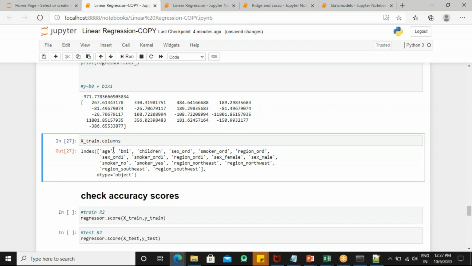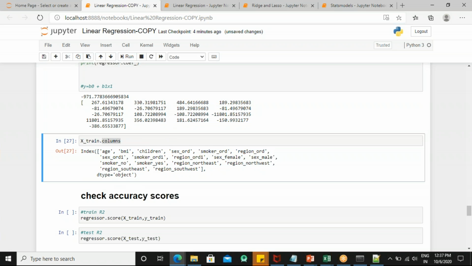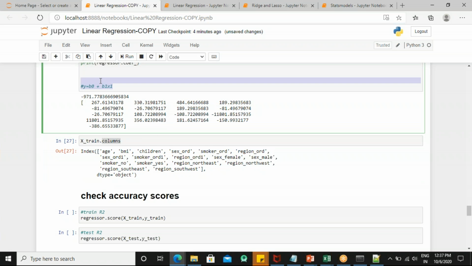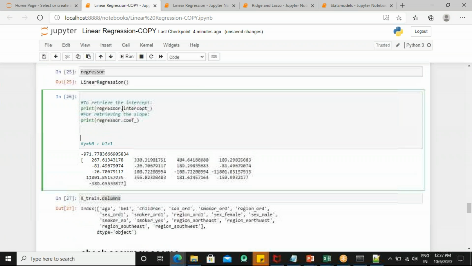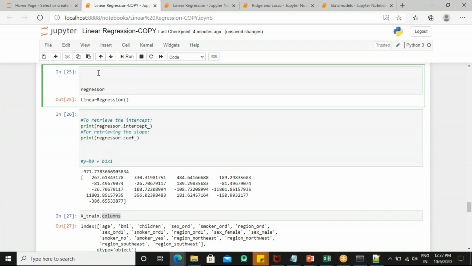सो नाउ व्हाट आई विल डू, आई वांट टू सी कि ये कॉलम्स हैं कौन से, राइट? सो ट्रेन डॉट कॉलम्स आई विल सी, ओके ये एज कॉलम है, ये बीएमआई कॉलम है, कौन सा कॉलम कौन सा है। मैं इस आउटपुट को इस आउटपुट से कंकैटिनेट कर सकता हूँ, एक टेबल बना सकता हूँ की वैल्यू पेयर का, जहां पर एज विल बी की, दिस विल बी वैल्यू। this will become my keys and this will become my values, but that's fine। तो अभी मेरी इक्वेशन बन गई। अब आप लोग अगर मुझे इससे पिकल फाइल बनाकर दे दोगे या पीएमएमएल फाइल बनाकर दे दोगे, आई विल बी मोर देन हैप्पी टू गो अहेड।